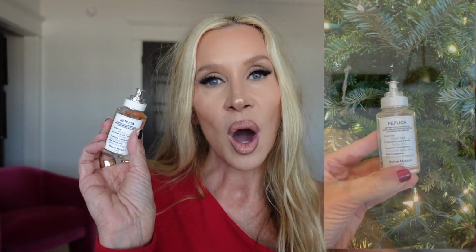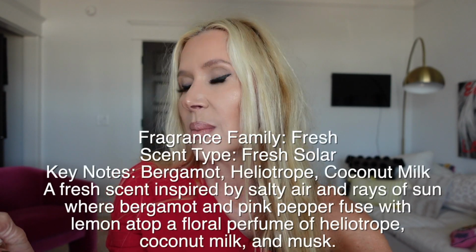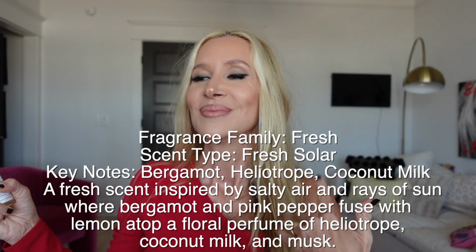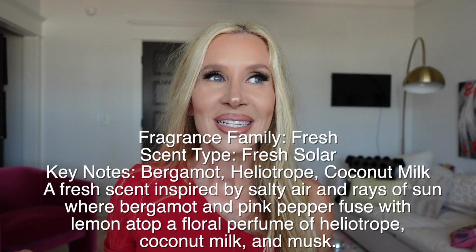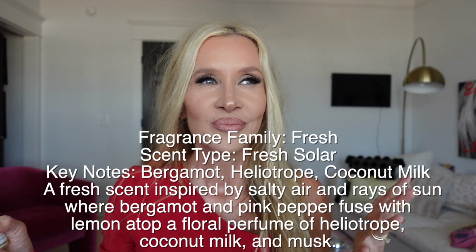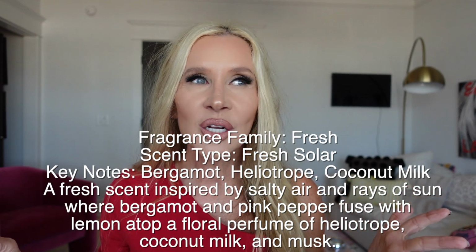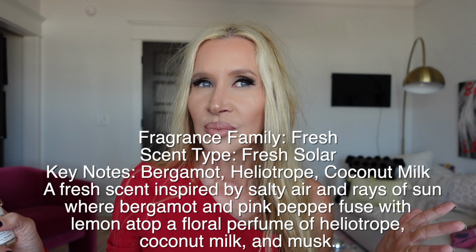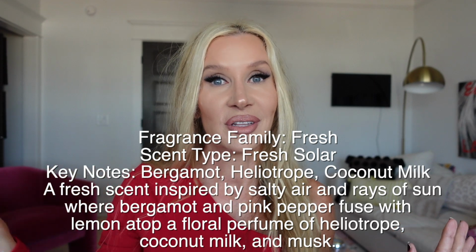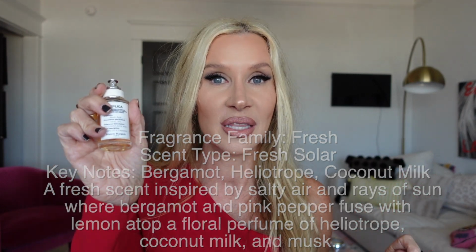We have 2 more left and they are summer scents. I will always, always love Replica Beach Walk because it is a day at the beach. If you don't like sunscreeny type smells, you may not like this, but I do. It's not like the sunscreen smell. What it is is a little bit of saltiness, which I love, a little bit of maybe vanilla and coconut, and is it jasmine or something in there? Oh, this is my kind of fresh. If I were to pick a fragrance that's fresh, it would be something like this,